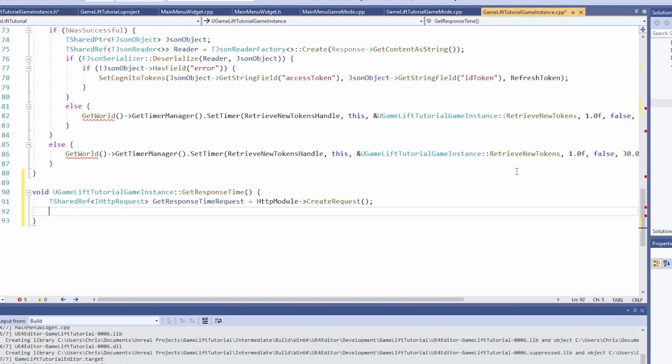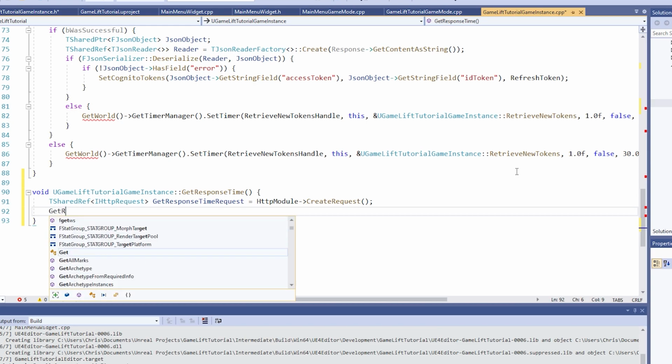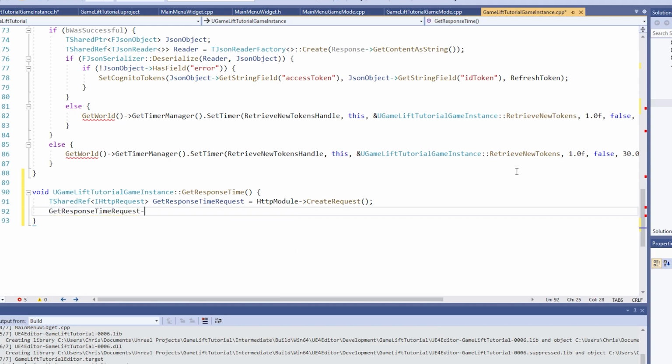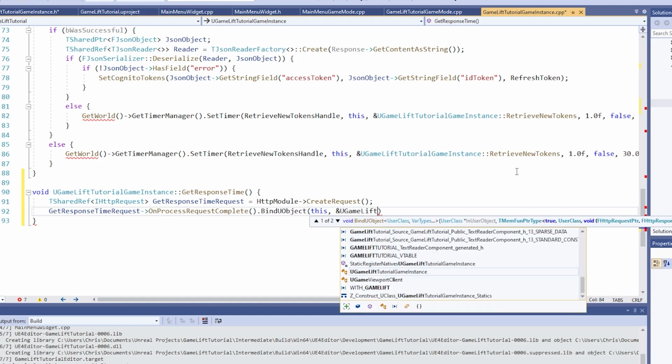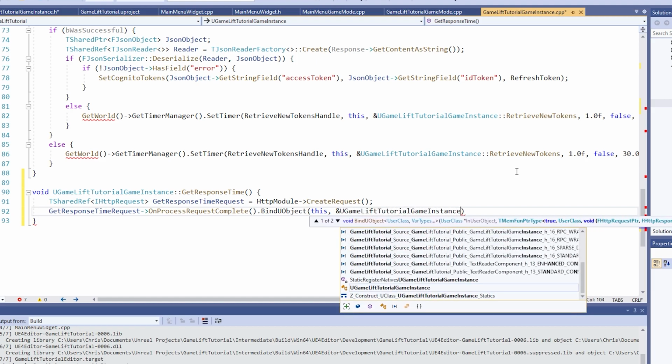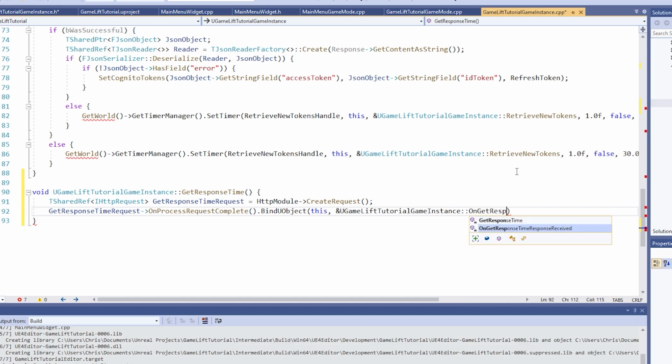Then set the OnProcessRequestComplete delegate of the request to our response handler function that we defined earlier by typing out GetResponseTimeRequest->OnProcessRequestComplete().BindUObject(), and then in parentheses this function will take in 2 parameters. The first one will be this, and the second parameter will be the address of the handler function. So let's type in &UGameLiftTutorialGameInstance::OnGetResponseTimeResponseReceived, and then add a